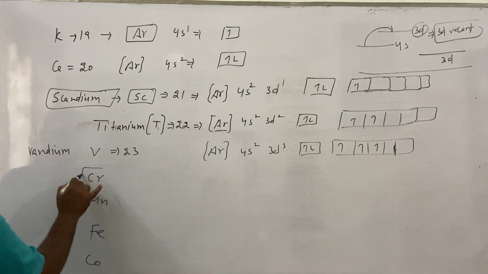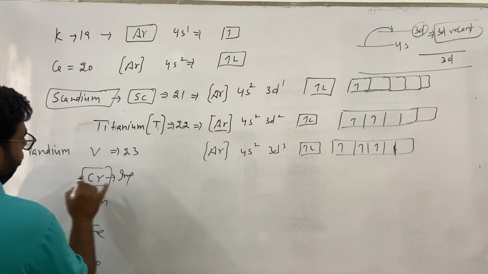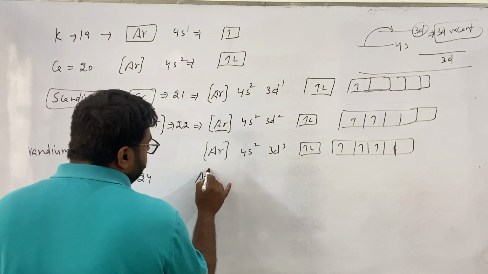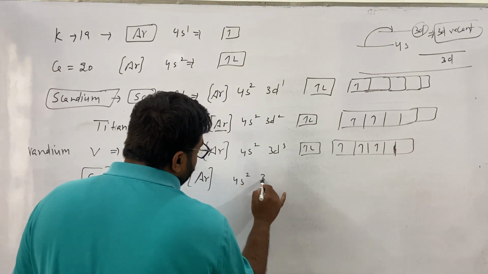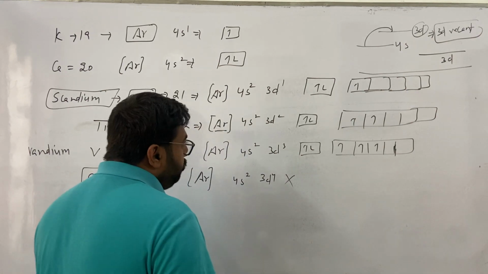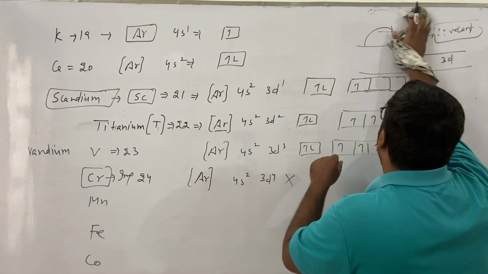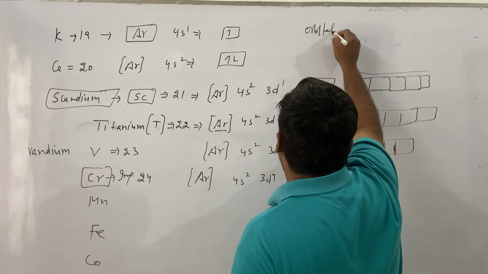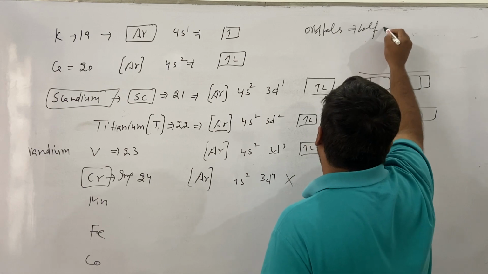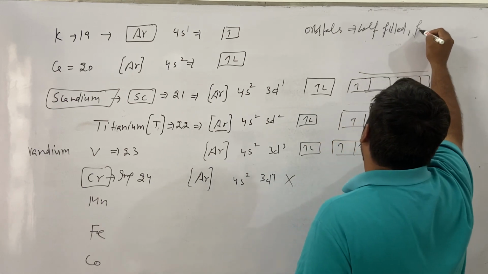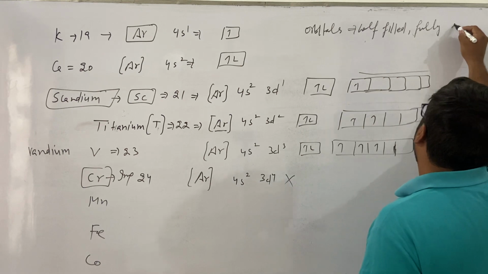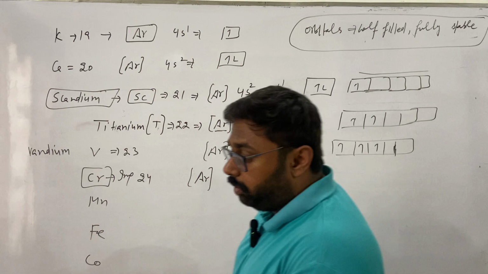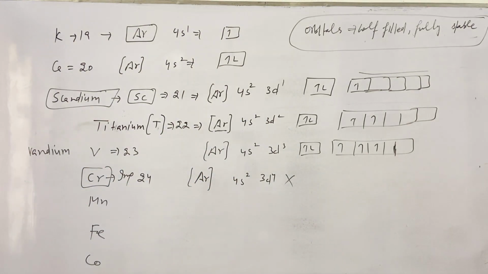अब यहाँ पे बहुत इंपॉर्टेंट चीज आएगी। अगर क्रोमियम की मैं बात करूं तो 24 इलेक्ट्रॉन हुए, तो हमें लिखना चाहिए था कि आर्गन तक तो 18 हो गए, 4s2 और 3d4, लेकिन ये बिल्कुल गलत होता है। क्यों? क्योंकि हमारी केमिस्ट्री बोलती है कि अगर कोई भी ऑर्बिटल हाफ फिल्ड हो या फुली फिल्ड हो, तो उसे स्टेबल माना जाता है।